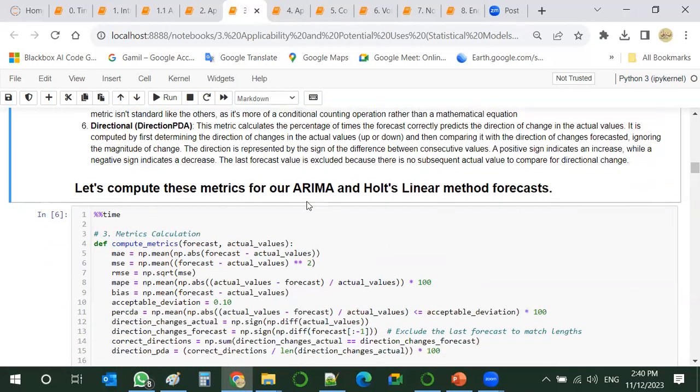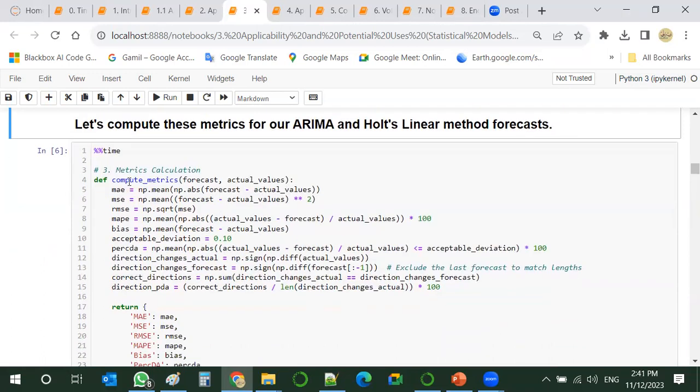So we would like now to compute these metrics on two different statistical forecast models, ARIMA and Holt's linear method. And this is how we calculate the metrics. So we just define these metrics.